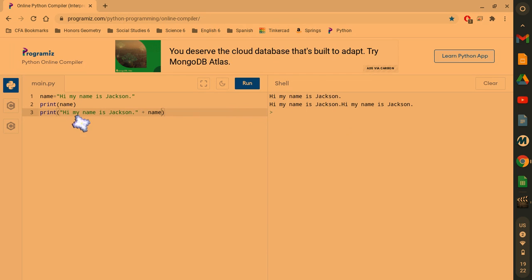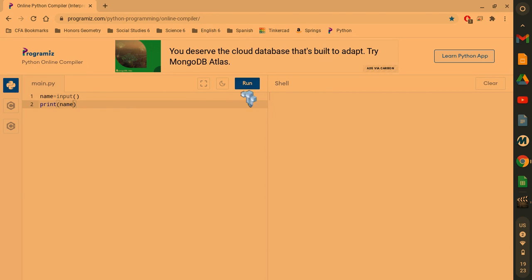So it's saying, hi, my name is Jackson, and then it's saying, hi, my name is Jackson again, because it's printing both of those, so that's nice. So, let's say you have name, and you're like, well, what if I want the user to choose what this is equal to? So you're like, oh, well, what will I ever do? Well, turns out you can just do that. You put input parentheses, and then if I print name,